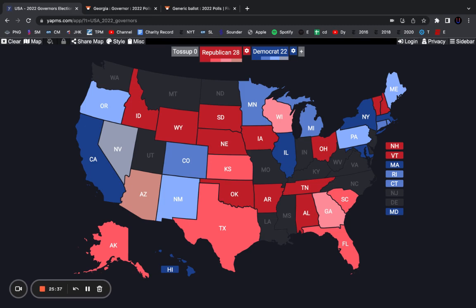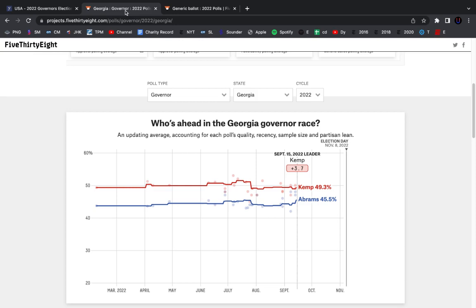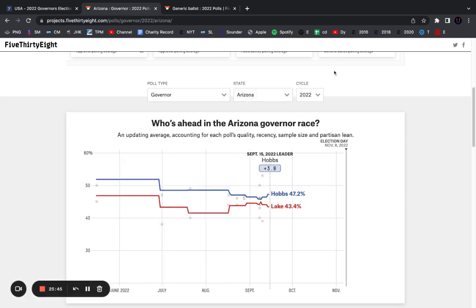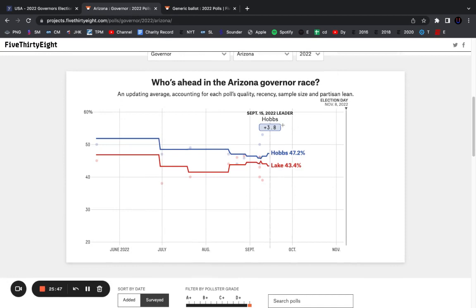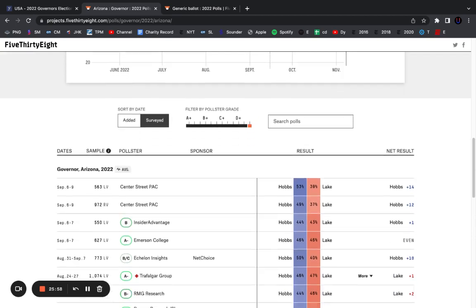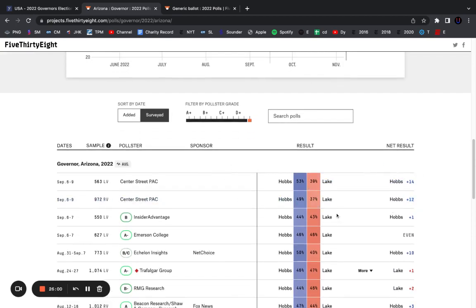So I think Arizona is the closest race as of right now, but I'm basically counting on there being about a 2.5 to 3 point polling error in Arizona. That is just a little too close for me. So if Hobbs is up by 4 on election day, I think I'll move her to favored. But for now, I'm counting on the polls narrowing up a little bit because the latest polls we've gotten have been really weird.